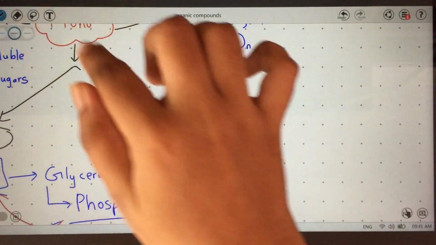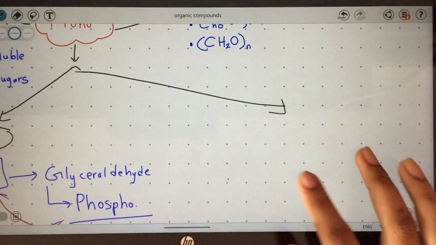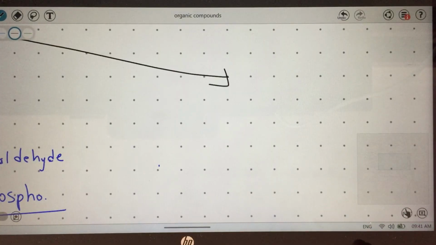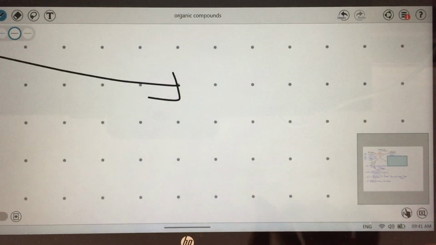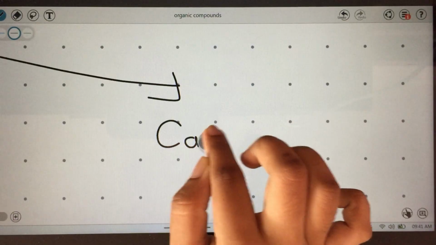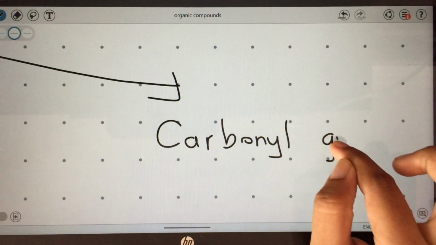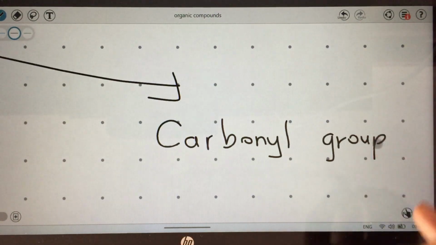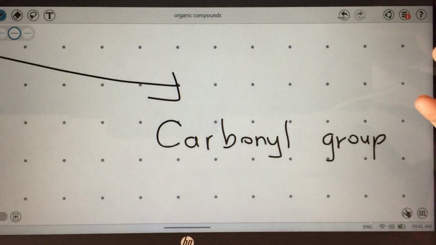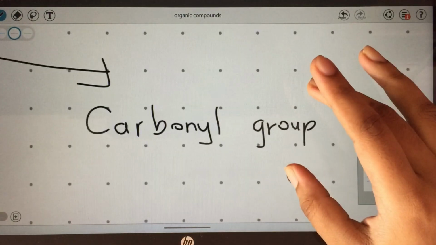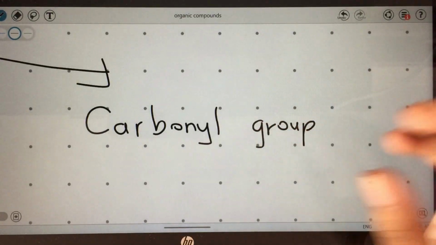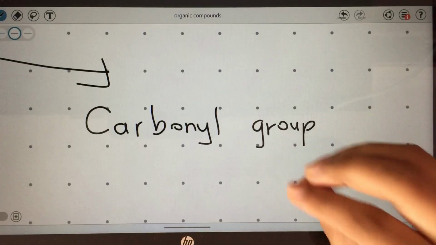There's another way, right? So what is another way? Based on the type of carbonyl group. There's something called carbonyl group. Okay, now these are stuff, this carbonyl group, aldose, ketose, these are stuff you learn in organic. You might have heard there's a unit in chemistry called organic. Okay, now you will come across these stuff in organic only. So now it's like something new.